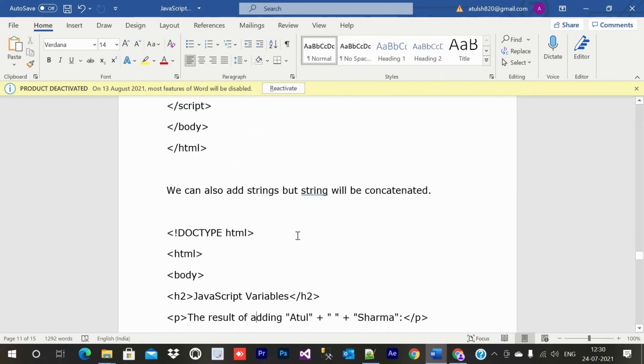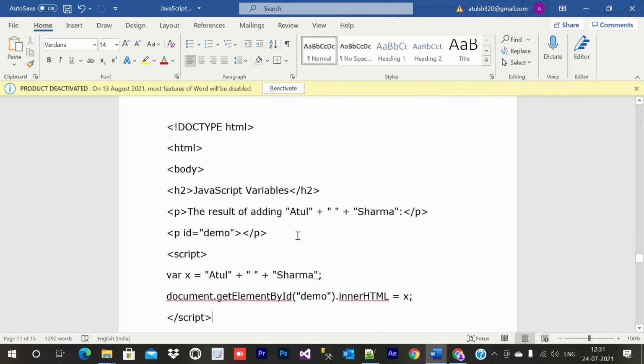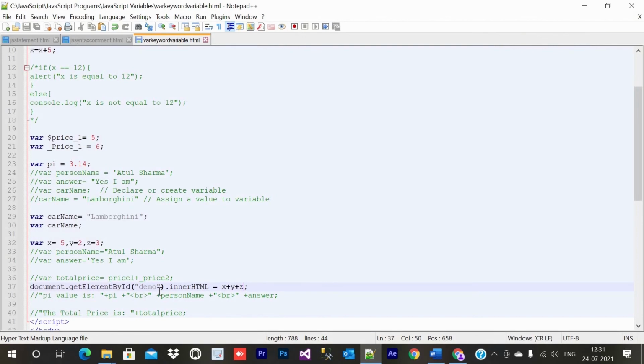We can add strings also, but strings will not be added, they will be concatenated. Let me show you. If I write Atul plus Sharma, what will be the output? Atul Sharma. Let me come here and do it for you.